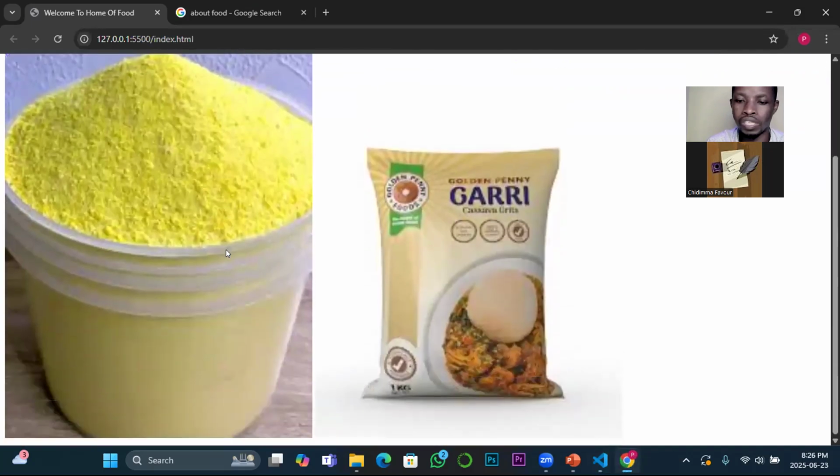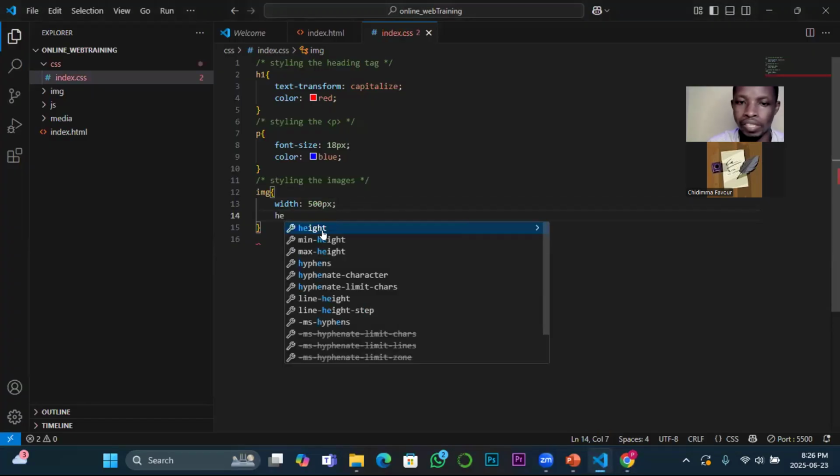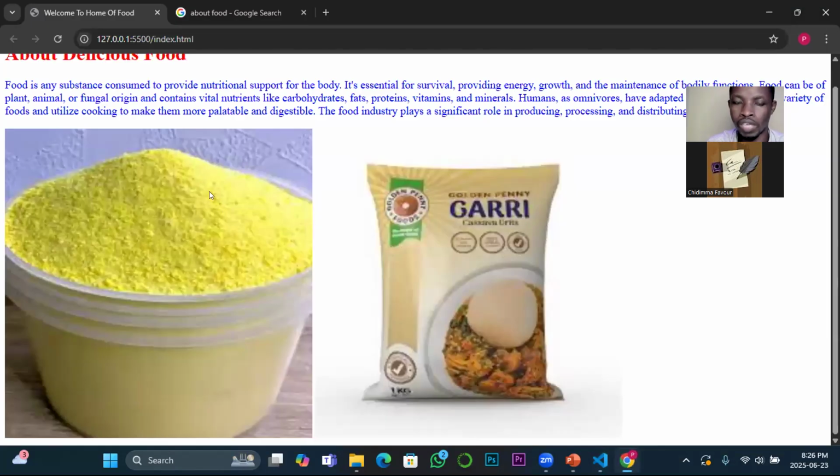If the width is too much, I can also constrain it by saying the height should also be 500 pixels in order to give me a square image. So let's check if this is better. Now you can see that what I am doing is affecting both images. The reason why this one has a kind of white background, and it is as if it's still smaller than this, is that this one has a filled background. Now if I want to move them to the center, because of the space I'm having here, in fact, I think